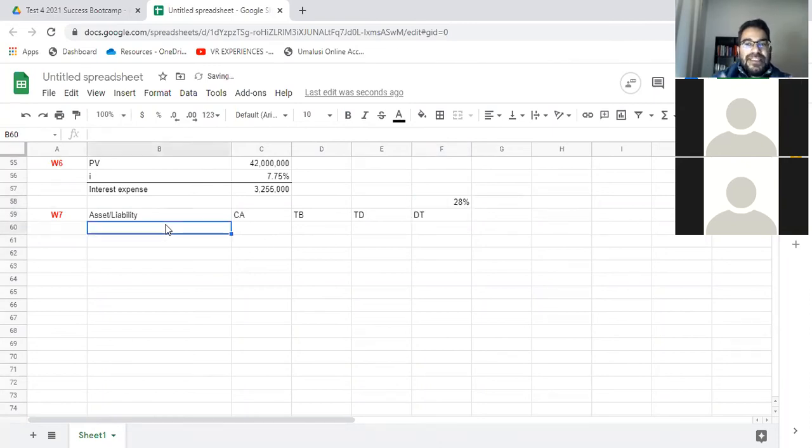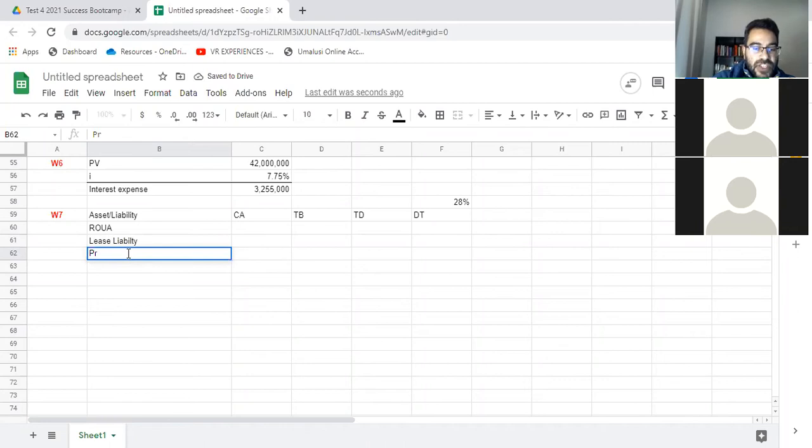So we're looking from the lessee's perspective. With respect to this, the lessee has a right of use asset. The lessee has a lease liability. The lessee could have had a provision for dismantling. I'm just going to put it in over here for completeness purposes.